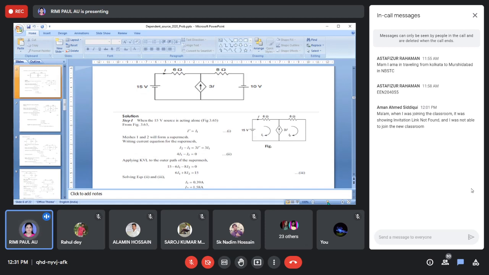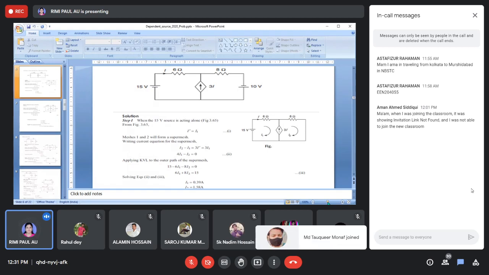Suppose you don't know how to apply the nodal method and you try to solve this problem using it, what will happen? You will get the wrong answer, so don't do it. If you are strong in mesh, then try the mesh method, but remember that with 3-4 loops it is difficult to handle the mesh method. In that case, if 3-4 sources are present, applying the superposition theorem will be better to solve the problem.